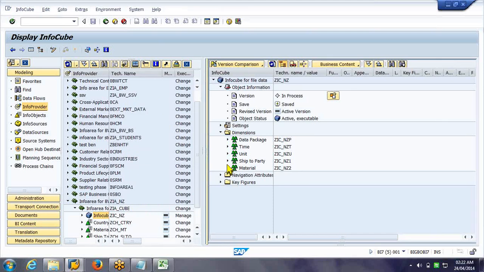You can see I'm using ship to party in the cube.